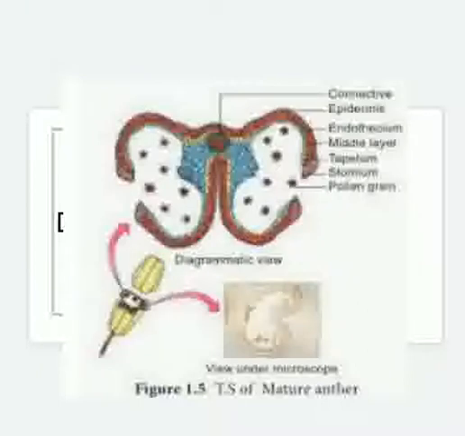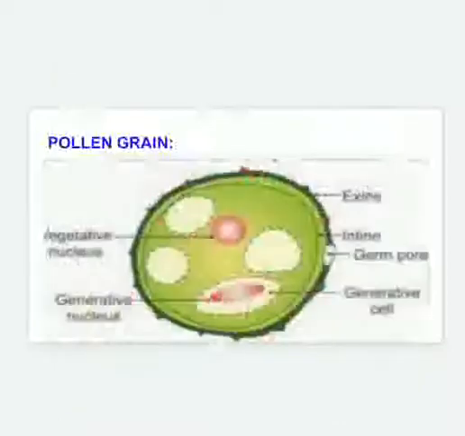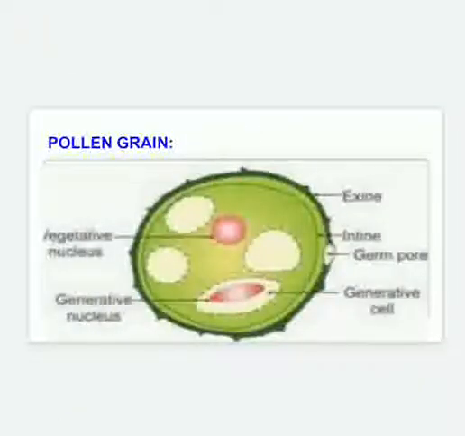The 4 microspores separate from each other and each develops a characteristic shape or form, which differs in different species of the plant. Next you can see, once the microspore gets developed, it is called the pollen grain. A typical pollen grain looks like this. As already discussed, pollen grains develop from the diploid microspore mother cells in pollen sacs of the anther. Typically, a pollen grain is a haploid, unicellular body with a single nucleus.